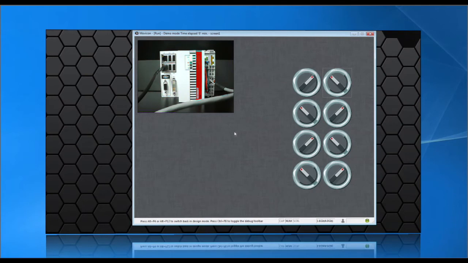So that concludes this presentation. I think you'll agree that the integration between Movicon, SCADA, and HMI software and the Beckhoff PLC is very, very simple and intuitive. You can check out these great features and other capabilities of Movicon at